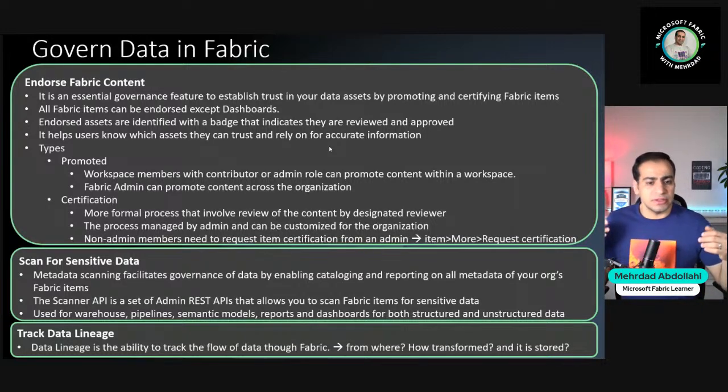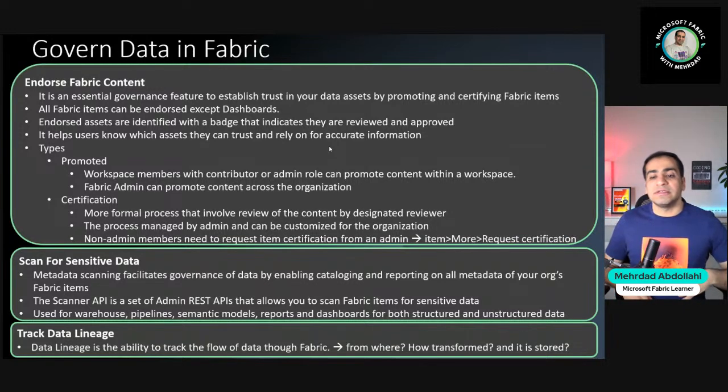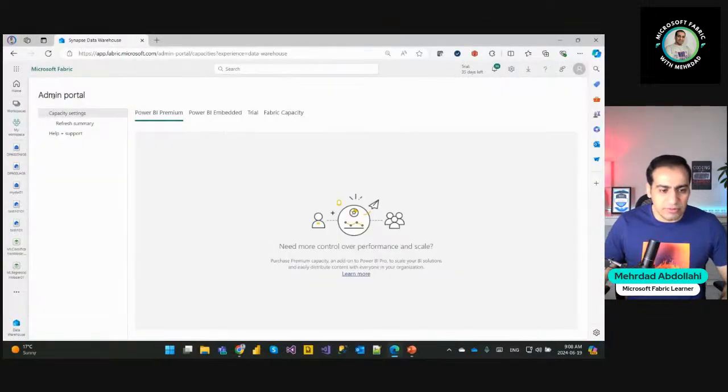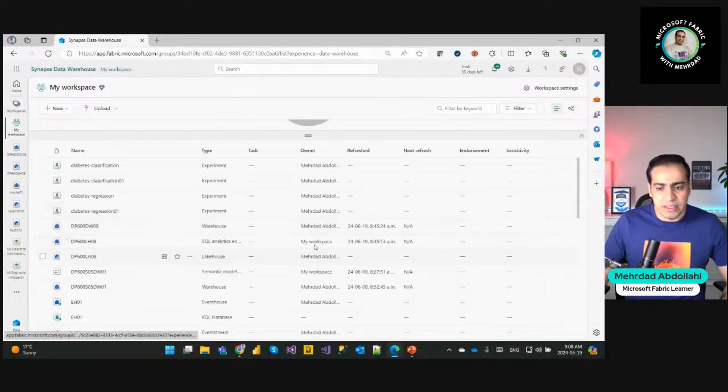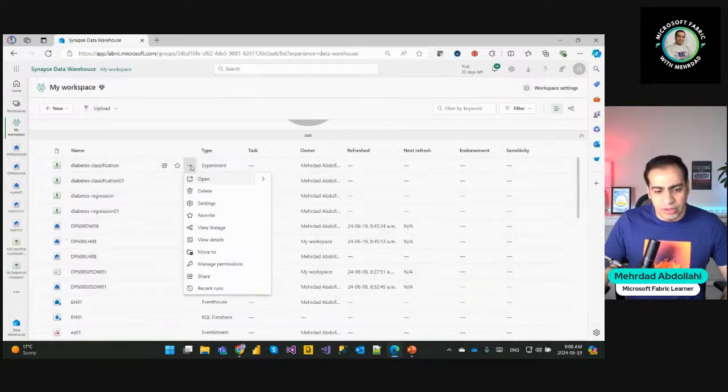It is an essential governance feature to establish trust in your data assets by promoting them and even certifying the Fabric items. Actually, all Fabric items can be endorsed except for the dashboard. And when we endorse an item within a workspace in Fabric, it is going to have a badge in the endorsement column. Let's have a look at that in our workspace. For example, in my workspace, there is an endorsement column here. I'm not sure if I have the privilege to endorse that, but